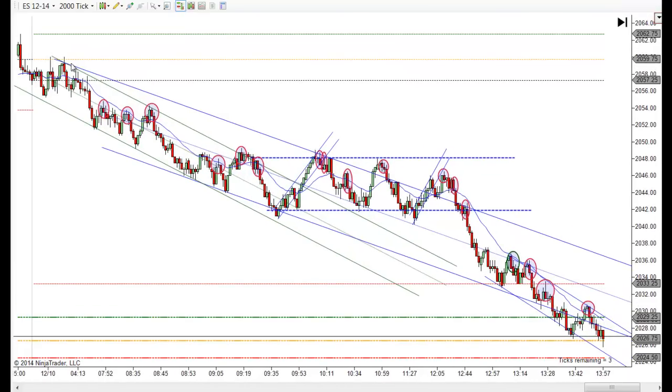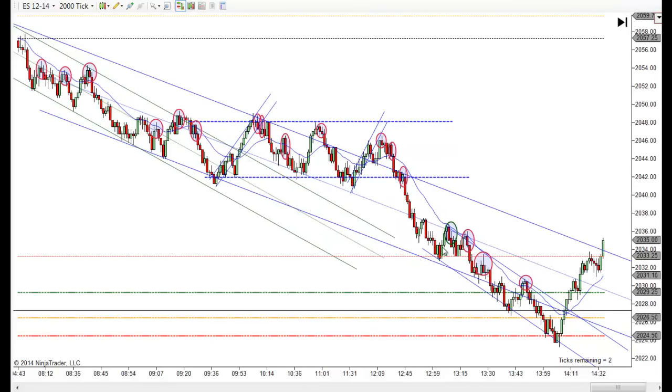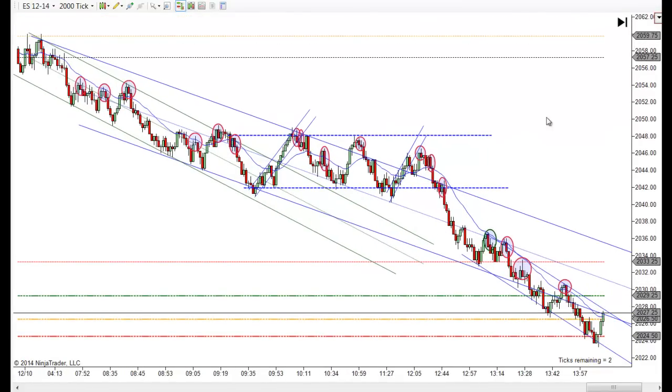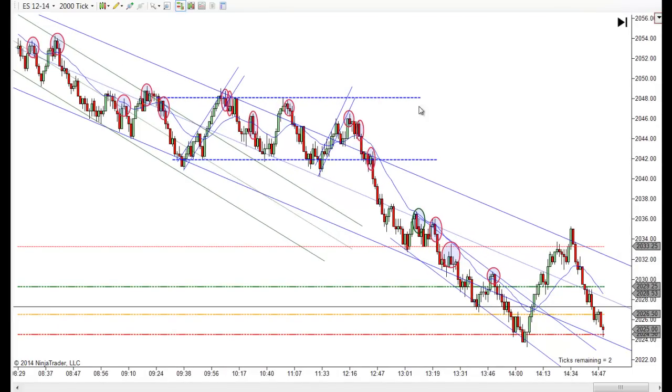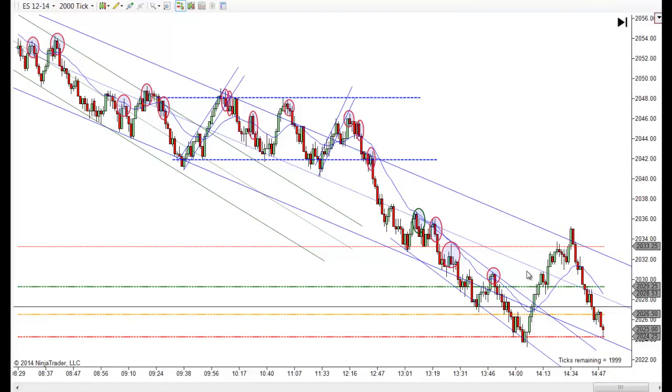But in the end, I think there's probably a bigger channel here in play and two-tiered. You can see this midline here. Everything came into play on it most of the day, so I believe it's in play as well. But you really didn't need it. It might have helped right in here to take these shorts, but there's other reasons to take those shorts. So you didn't necessarily need to have this bigger channel. In fact, it might have even spooked you out of some of these trades right in here.